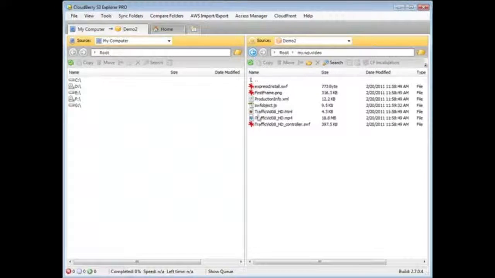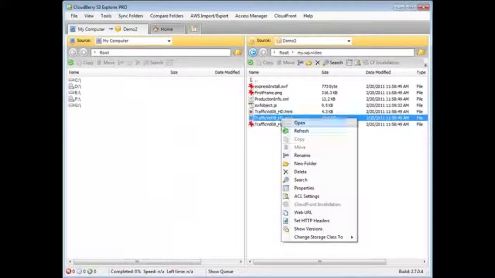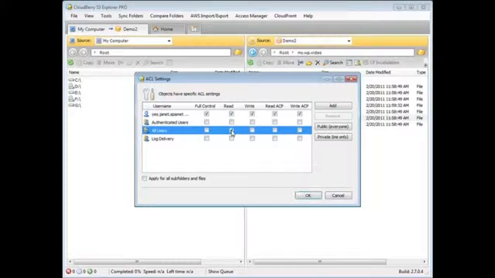And this is the list of files generated from me rendering a video using Camtasia Studio. All of this stuff here really doesn't mean anything at this point, but what I do need is the actual MP4 file right here. So I'm going to right click on that, and using Amazon S3 I need to give myself the permission to let this be seen by the public. And do that by coming to ACL settings, clicking on all users, read,